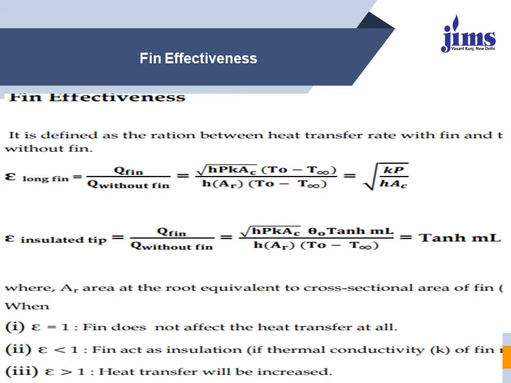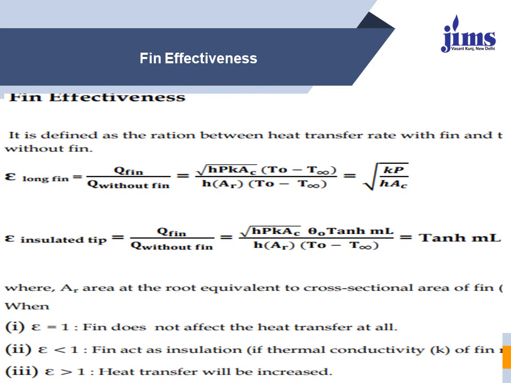Epsilon is equal to, for the first case, Q fin divided by Q without fin. Mathematically, for the first case the expression is under root of hPkA_c divided by h multiplied by A_c,